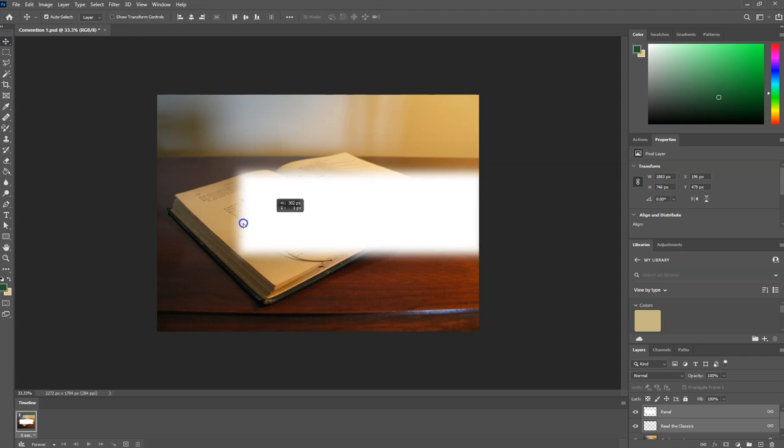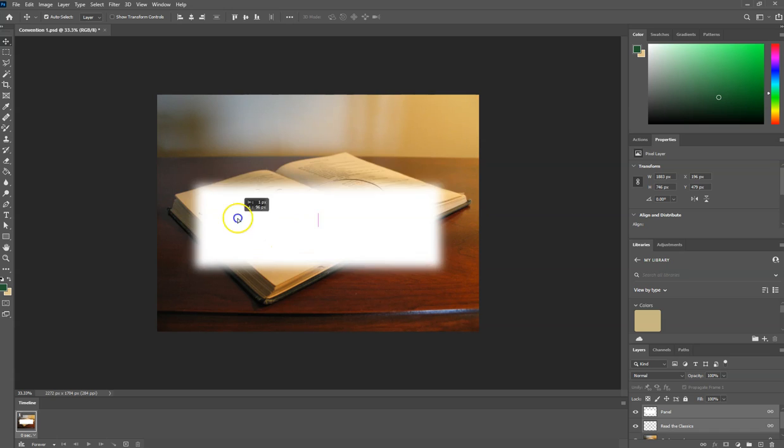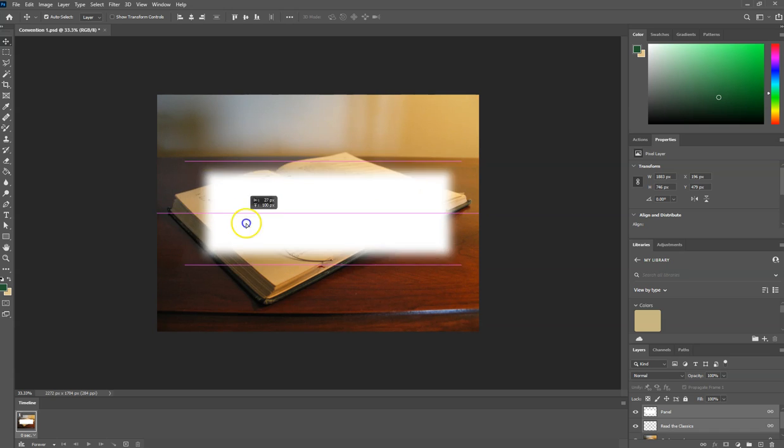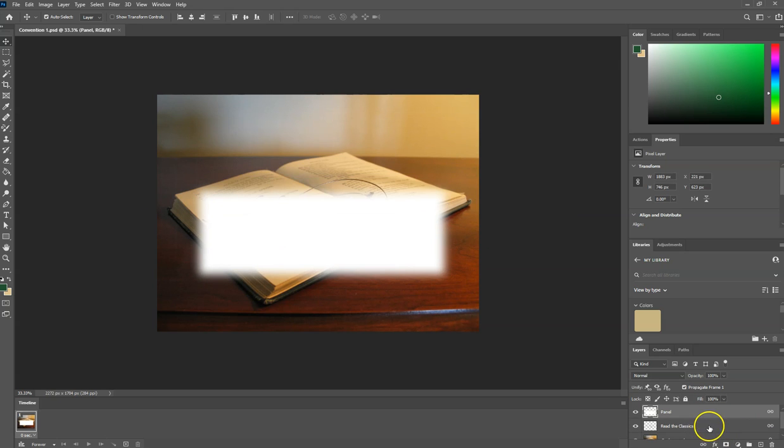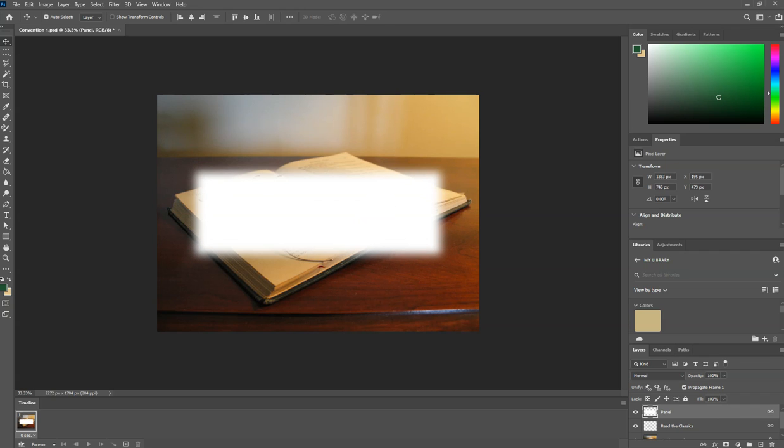And if you use the Move tool now, you can see that it's just moving around this white thing, but we don't quite know what's underneath unless you hide it using the eye. And so what the link's doing is, whenever you click one of these, you're basically moving the other, you're doing the same thing to the other layer. So if I put this back in the middle here, the next thing that we want to do is